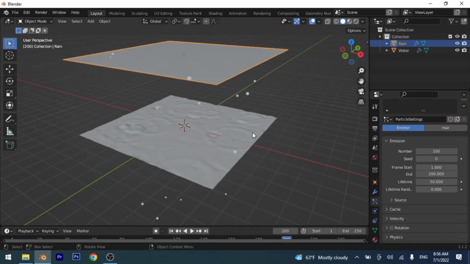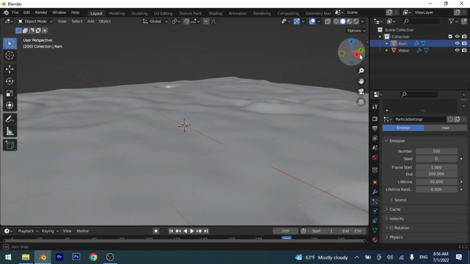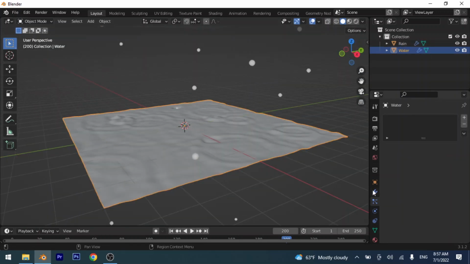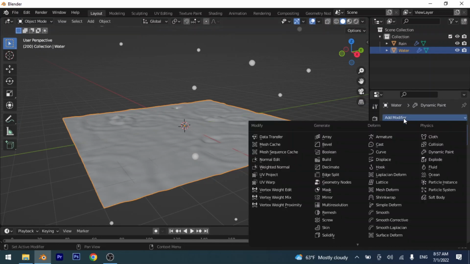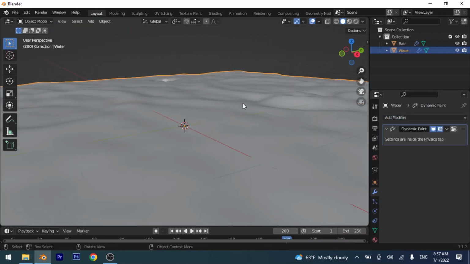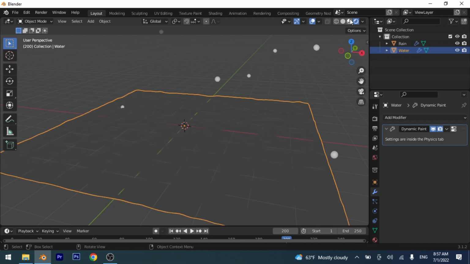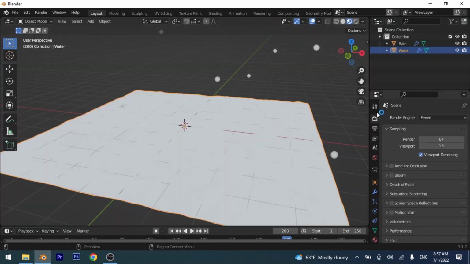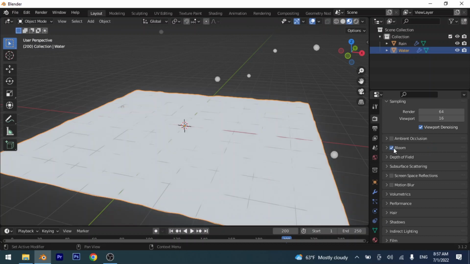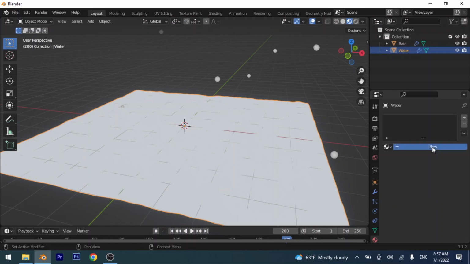And the last thing we're gonna do is, you can increase the resolution of this plane by adding a subdivision surface modifier, but I'll go with it as it is because it looks very beautiful. So on the texturing tab, let's go to rendered view or look dev view. Go to the render tab, enable bloom, then enable screen space reflections. Under it, enable refraction. Then select our water, add a new material,